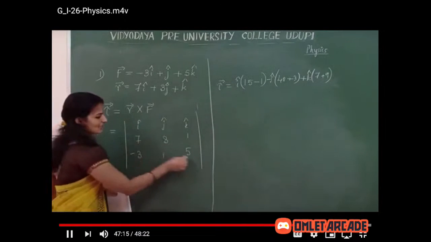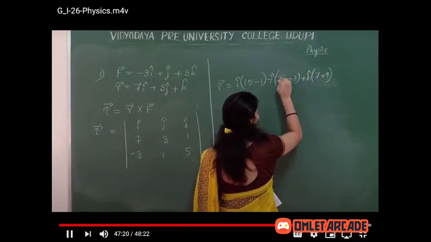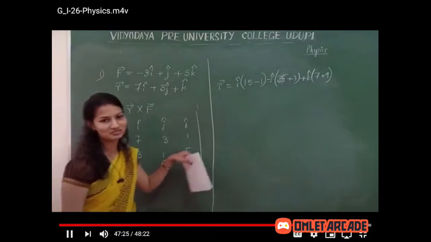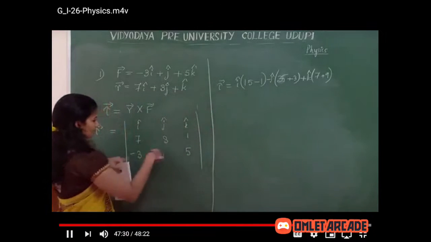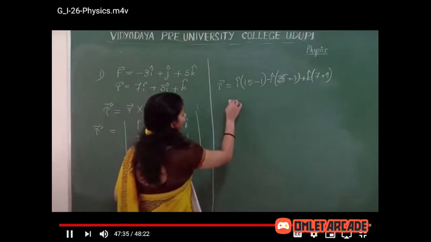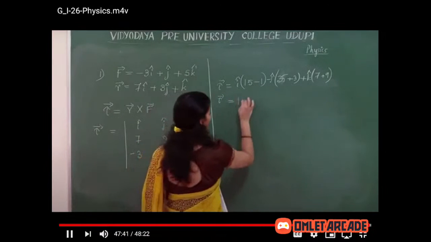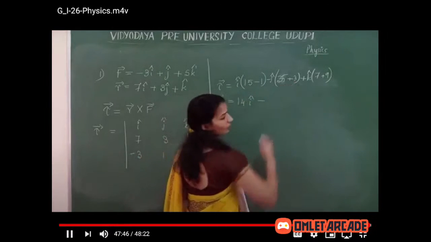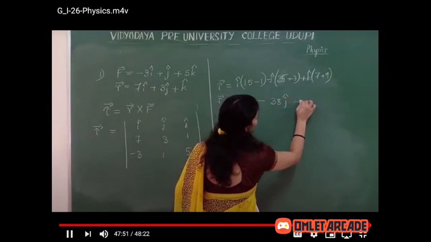Oh yeah, sorry, 7 into 5 is 35. Be careful, correct it. 7 into 5 is 35, plus 3. Here tau is equal to 14 i cap minus 38 j cap and plus